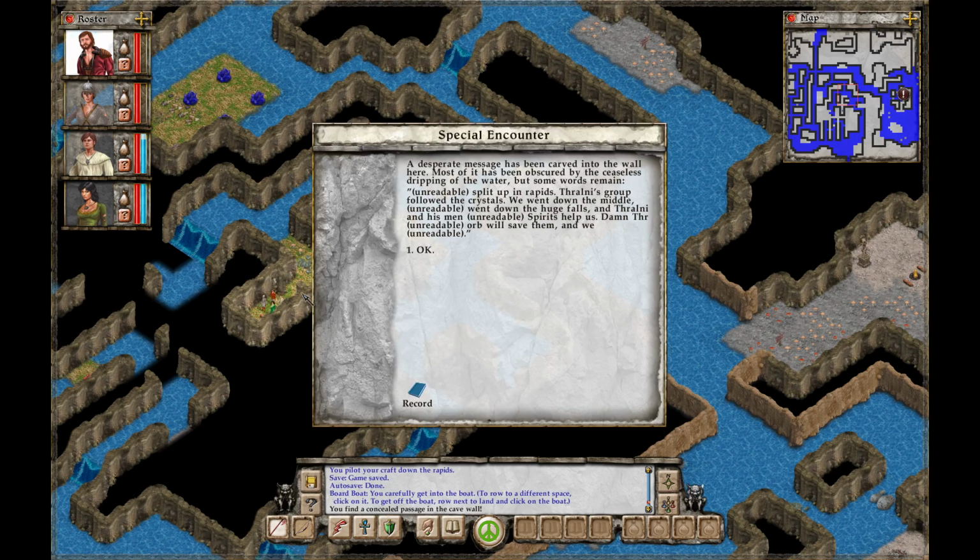A desperate message has been carved into the wall here. Most of it has been obscured by the ceaseless dripping of the water, but some words remain. Split up in rapids. Throny's group followed the crystals. We went down the middle, went down the huge falls, and Throny and his men. Spirits help us. Damn orb will save them, and we...